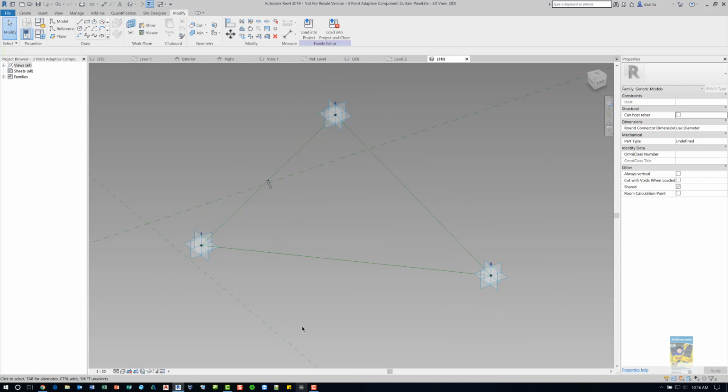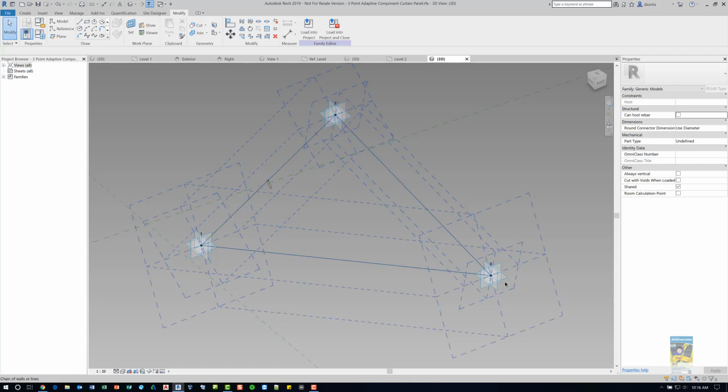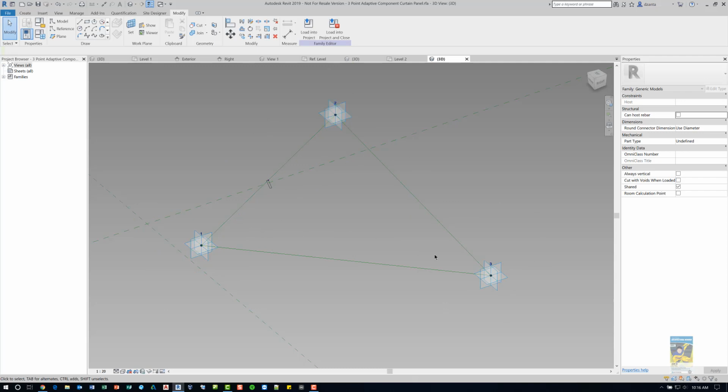If I have the numbering sequence as 1, 2, and then 3, that means I'm picking here, and then over here, and then over here. So depending on the orientation of the panel that you're working with, you may have to adjust the numbering sequence of when to pick, and it'll be a bit more prevalent when you do a higher number of adaptive points. In this particular 3-point adaptive component curtain panel family, there is a rectangular profile over here,